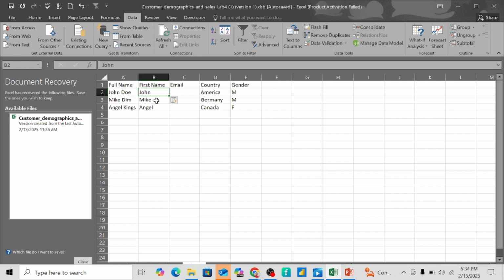Understand? Once I click tab or enter, it will fill up. But I don't know why it was not working until I had to go to the Data tab. I just wanted to show you the two ways you can do that. Let's say we still have other names. After you have entered the first, Excel understands the pattern. After I enter John and I enter Mike, then in the third one, Excel understands that I'm actually trying to take the first name of